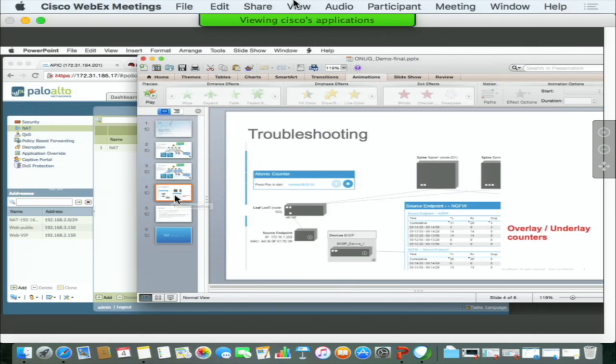So, conclusion: I don't have time, unfortunately, for troubleshooting. I'm over time. There's a troubleshooting aspect where we show the underlay and overlay talking together. All these counters, all this traffic is being tracked on the hardware and the software. And basically what I want to invite you to do is